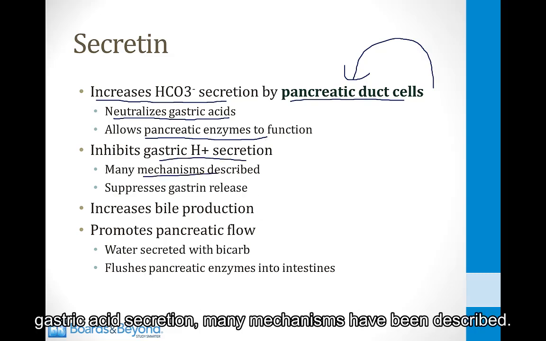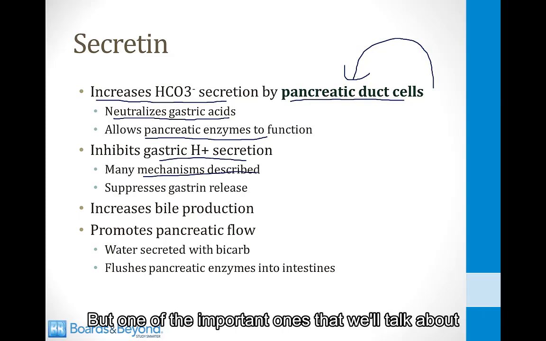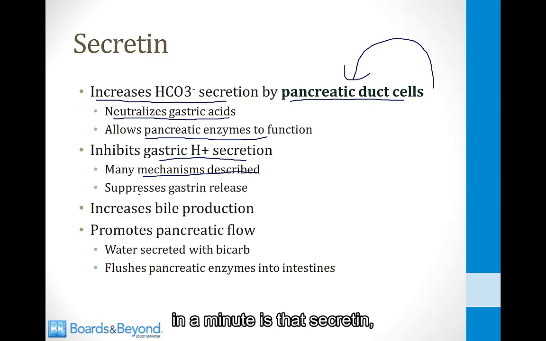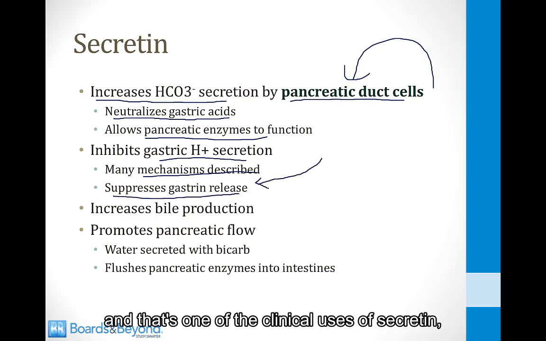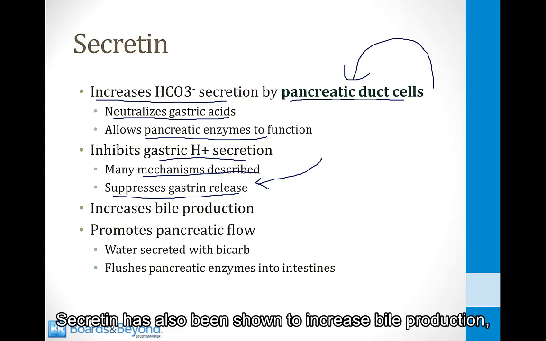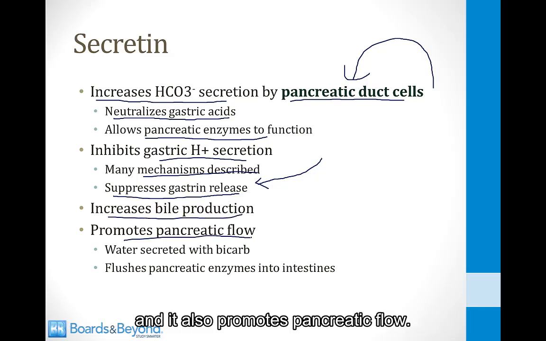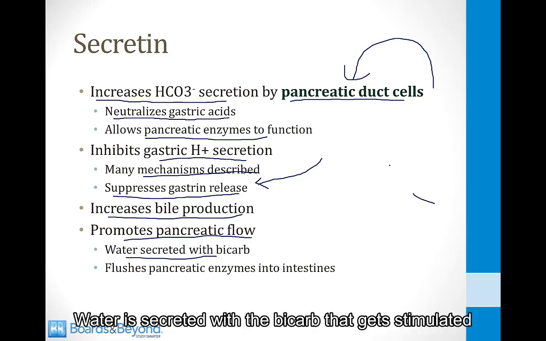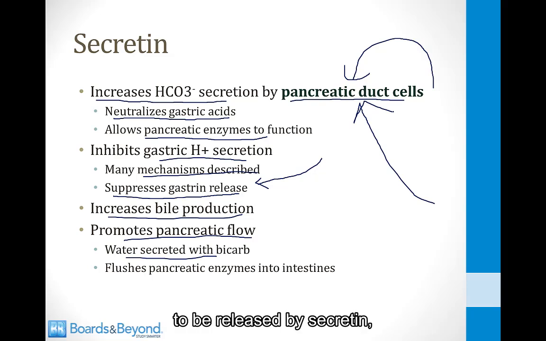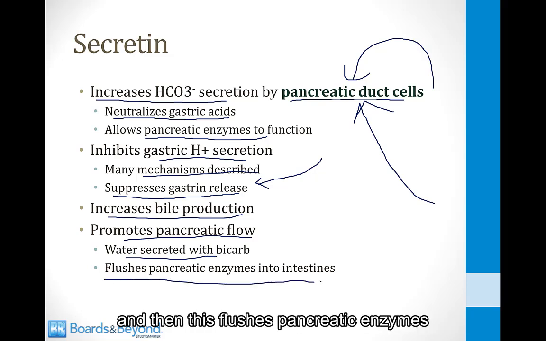Many mechanisms have been described, but one of the important ones that we'll talk about in a minute is that secretin normally suppresses gastrin release. This does not occur in gastrinomas, and that's one of the clinical uses of secretin. We'll talk about that in the next slide. Secretin has also been shown to increase bile production, and it also promotes pancreatic flow. Water is secreted with the bicarb that gets stimulated to be released by secretin, and then this flushes pancreatic enzymes